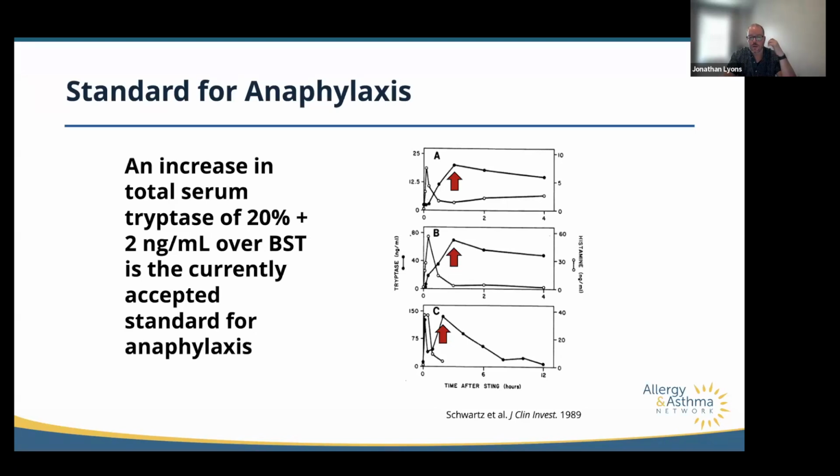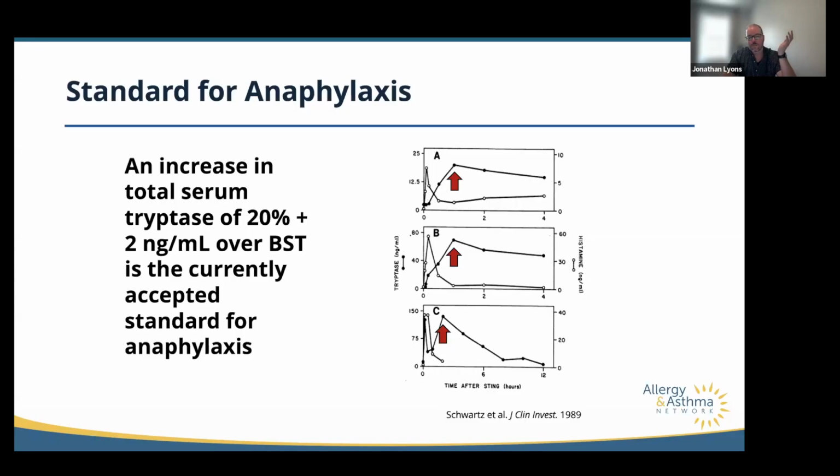However, tryptase goes up and stays up for a little while. So you can see the scale on these graphs changes. So the top 2 are up to 4 hours and the last one goes out to 12 hours. And you can see within that first 4-hour or so time period, you're getting pretty good elevation over baseline. But once you get out to about 6 hours, you're kind of losing that difference. Importantly, if you look closely, if you measured it right away, those tryptase levels are low initially, at least in A and B. I'm not sure what's happening in C. So you can see if you measure it too soon, within like 15 to 20 minutes of the reaction, you might actually miss the rise. So the goal is around an hour. Certainly 2 is still fine. 4 is probably okay. If you get out to 6, it's a little too late.